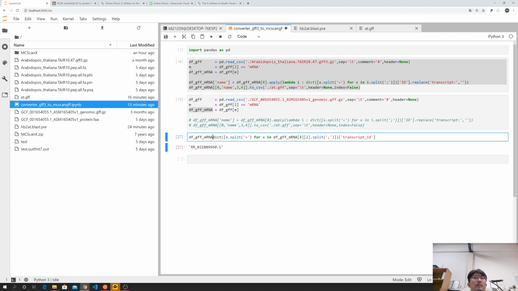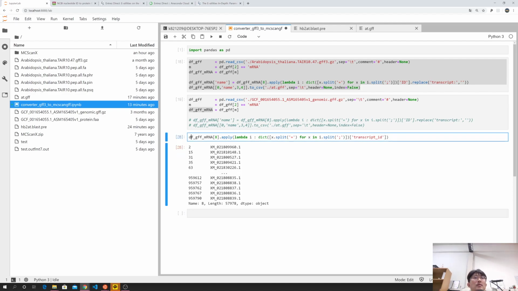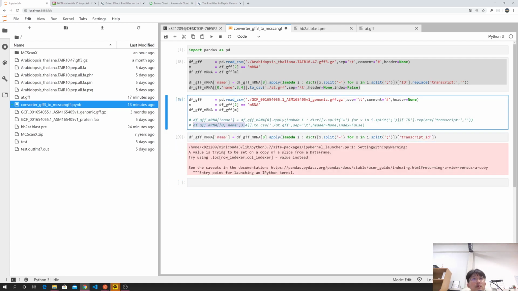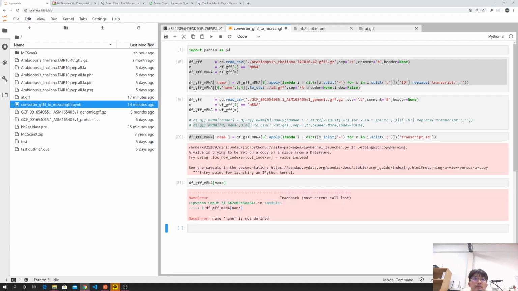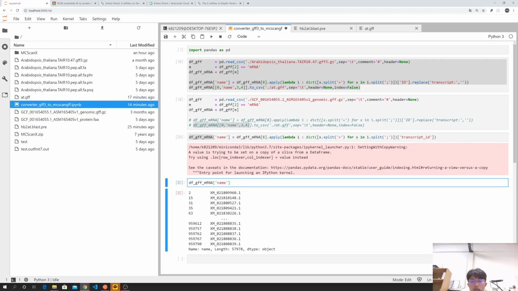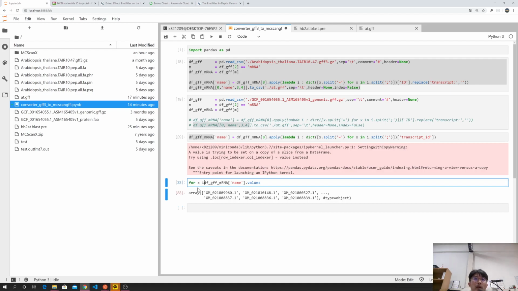So data frame. Apply. So instead of having this one, I split. Good. Then this is the name, and we have this, and what we are doing is that name, name values for x in